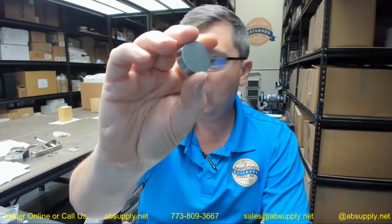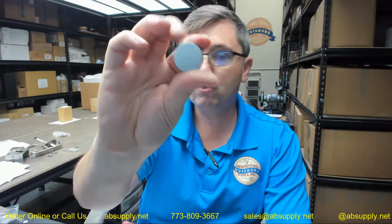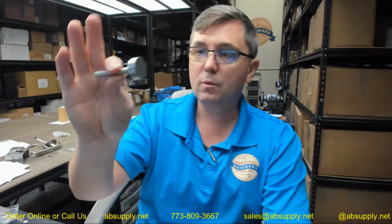look at the Rockwood number SP1055-626. This is a decorative through bolt. So when you are installing Rockwood push and pull hardware, their RM series in particular, large poles, push bars, items of that nature, you need to